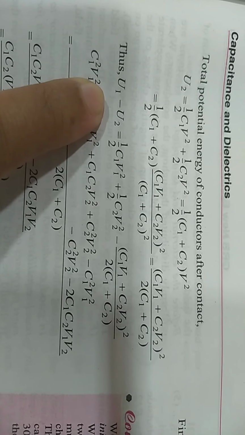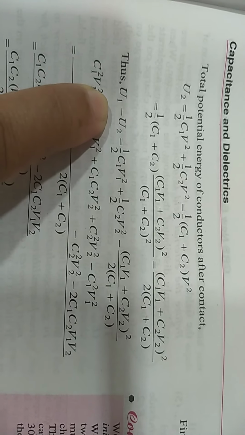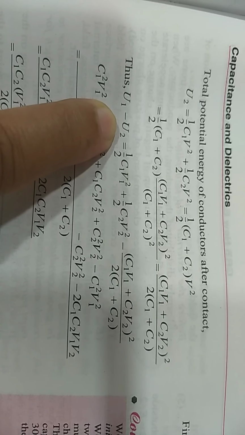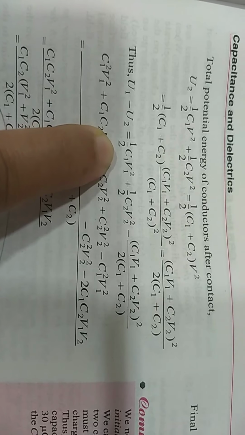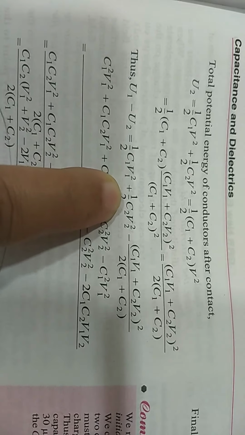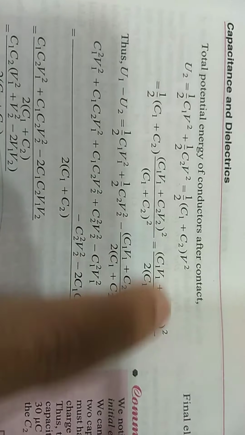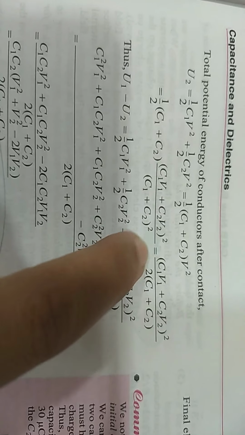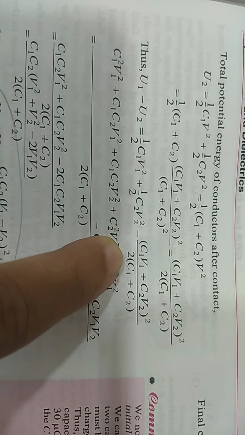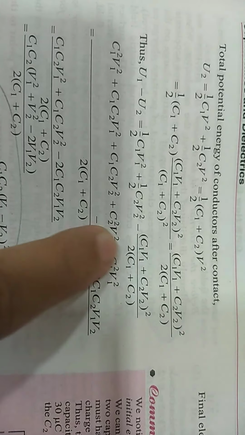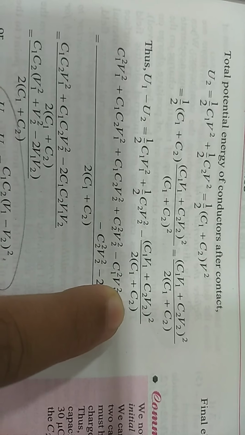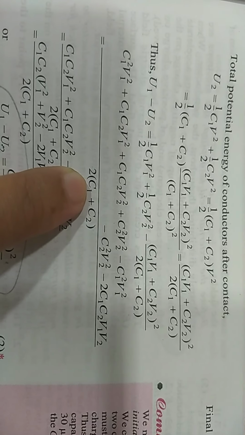We are going to find the loss in energy, that is initial potential energy minus final potential energy. Initial potential energy was half (C1 V1 square plus C2 V2 square), minus we are going to subtract the final potential energy, that is (C1 V1 plus C2 V2) whole square upon 2 (C1 plus C2). When you simplify them